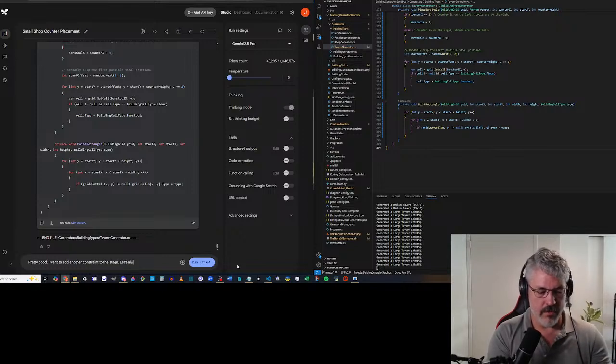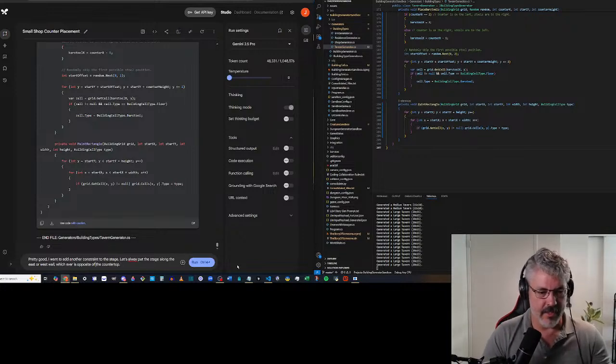Let's always put the stage along the east or west wall, whichever is opposite of the countertop.